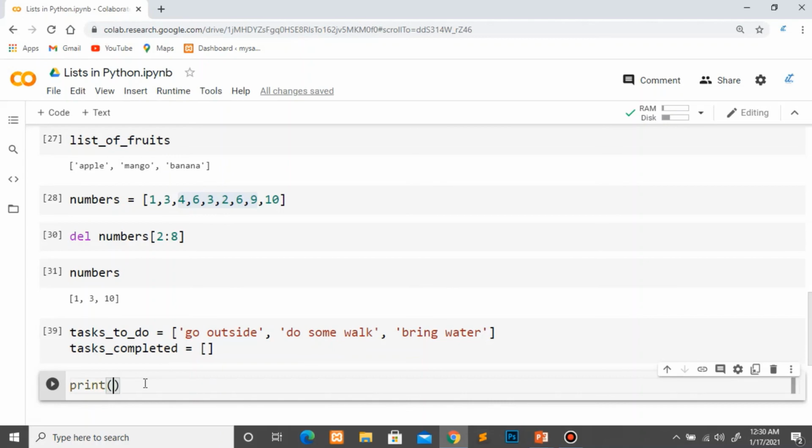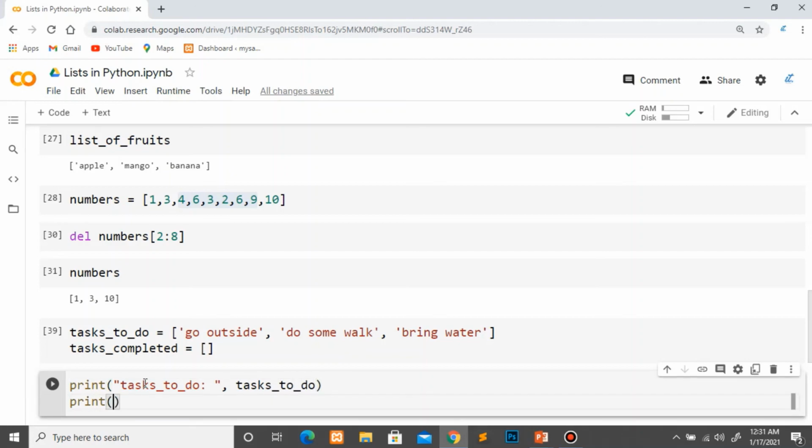Let us see what is inside these lists. So I will write task to do. Let me write it in code so it will show me. This is the list of tasks to do. Then I will write task to do, and the other one is tasks completed.